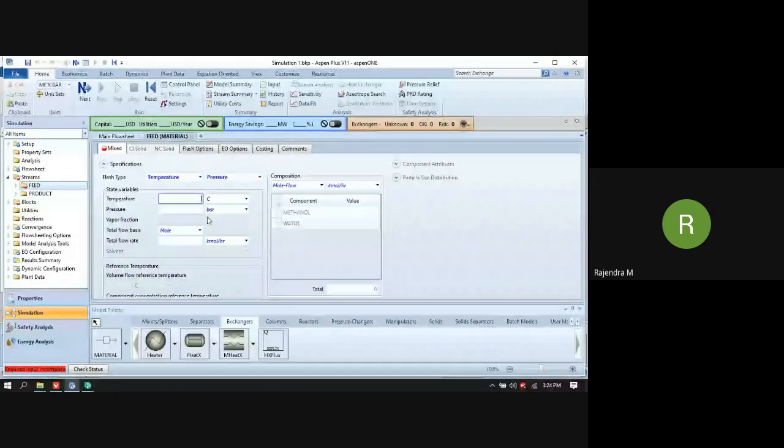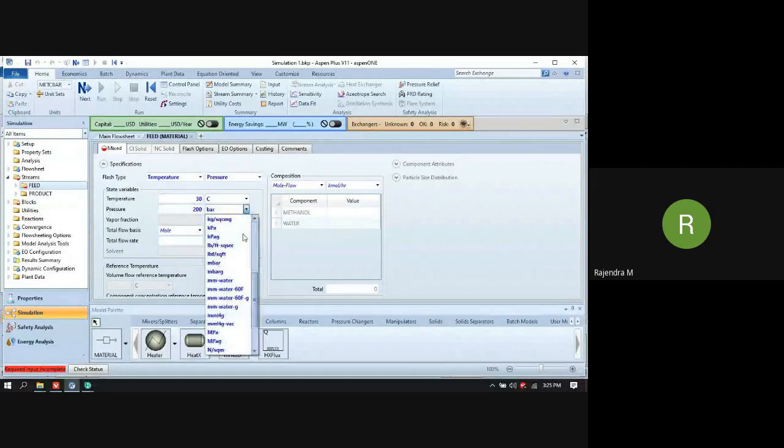So we will provide the same data as what we put earlier into Aspen HYSYS. So consider it is 30 degrees Celsius and pressure is 200 kilopascal. We can change the unit. kPa.